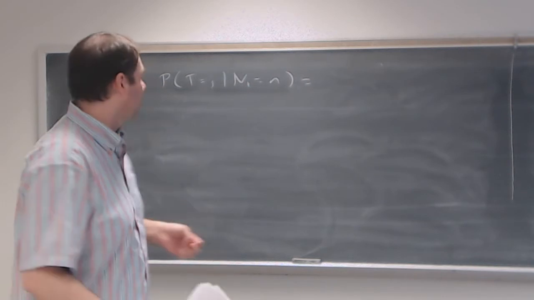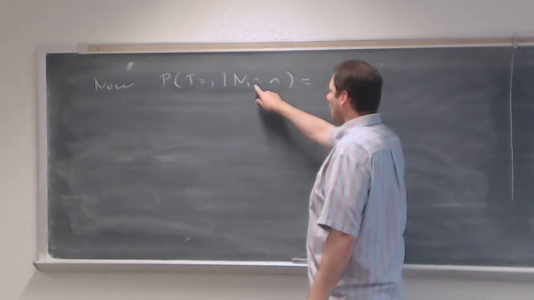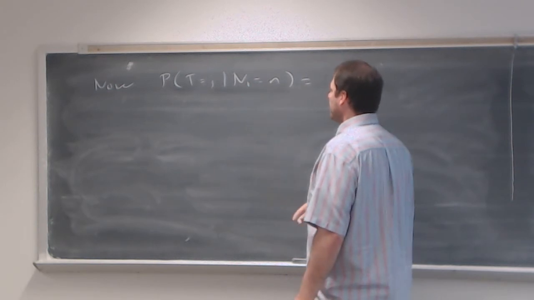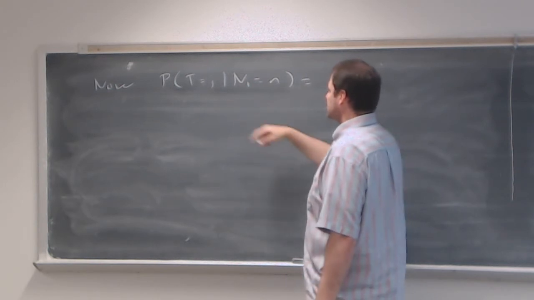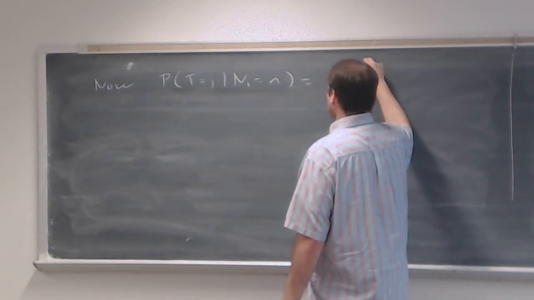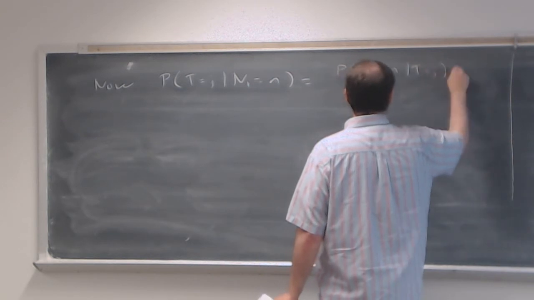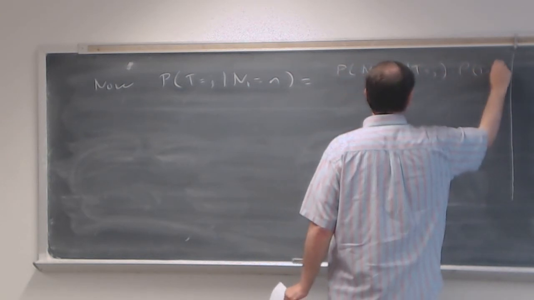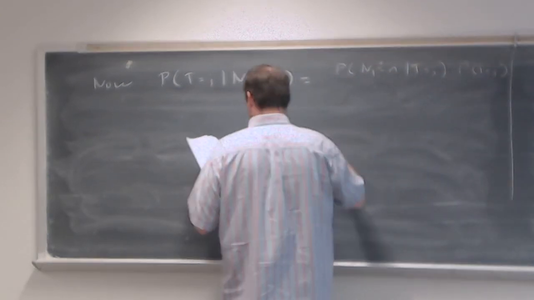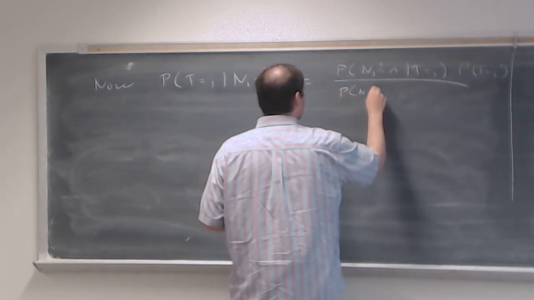Okay? And so this is backwards from what I want. And so what we have to do is switch this. And so the way we switch this should be the probability that N sub 1 equals n given T equals j times the probability that T equals j, all over the probability that N sub 1